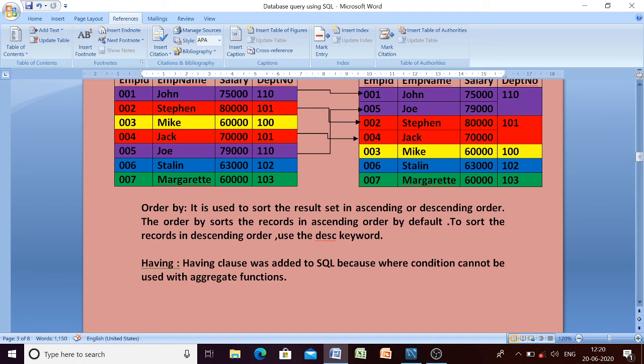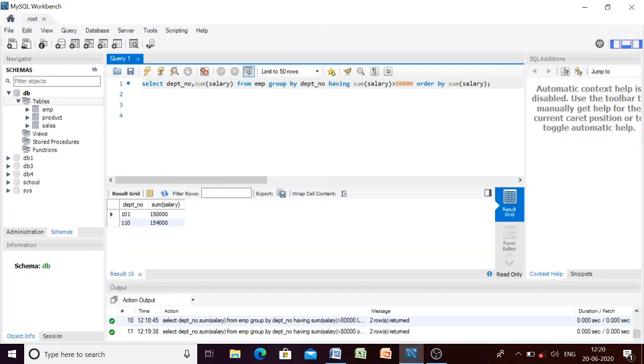That means if you are not mentioning the order, by default records will be ordered in ascending order. To sort the records in descending order, we have to use the keyword DESC. Okay. And here we have seen all three clauses in a particular query. So I hope you have understood the three concepts: group by clause, having clause and order by clause.